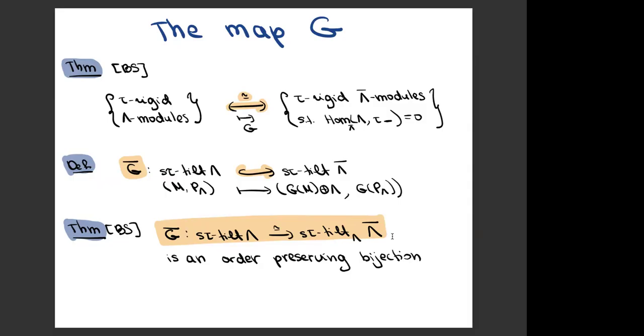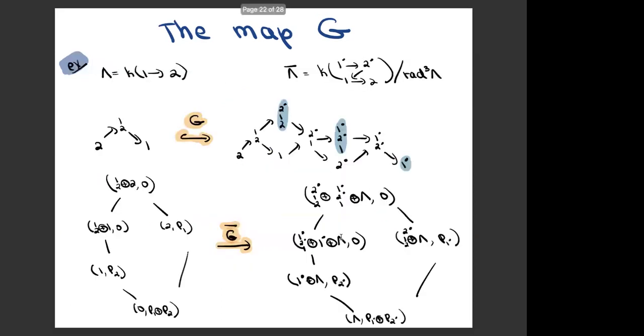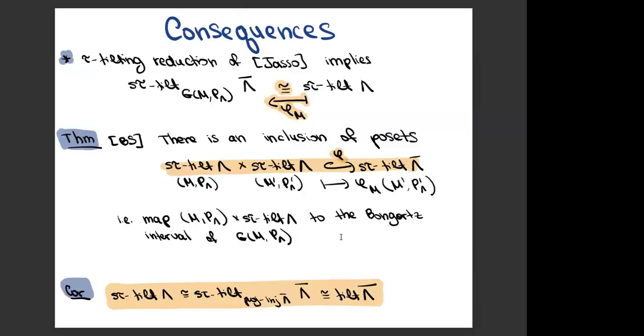So we already have two different ways to embed support tau tilting modules of lambda, one into the tau tilting theory of lambda bar, and another via this Bongartz completion of lambda. This is an example, but maybe for the sake of time, I want to show you a bigger example instead. So let's go to the theorem. You can now play around with these two maps, F and G, and actually get much more. Using this tau tilting reduction of Jasso, we can show that